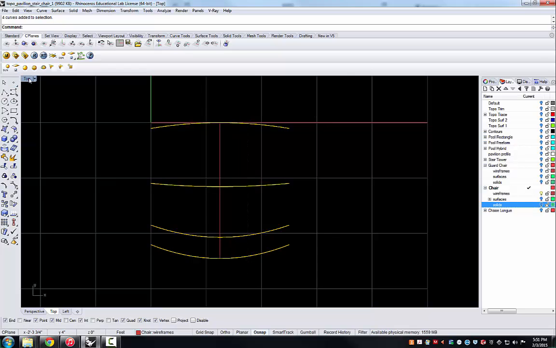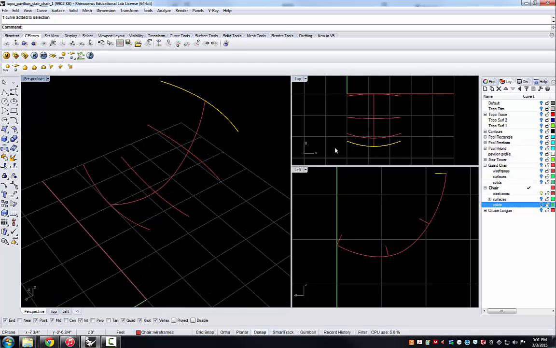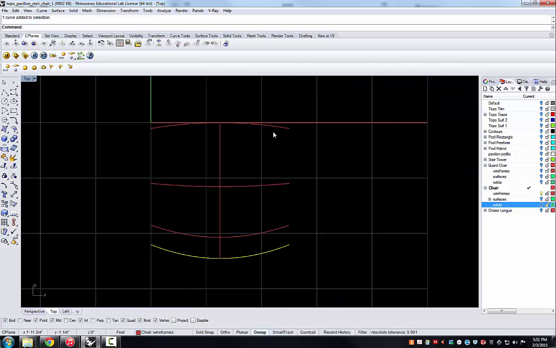I just want to make sure that I recognize which way I'm facing for a minute. So in this case, in the top view, the top of the chair is at the bottom, so that's for reference. I'm going to select them all, turn on edit points, and one by one I'm going to take some of these edit points in pairs laterally on each side,